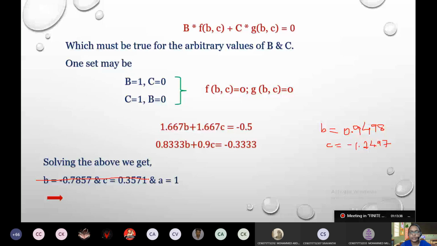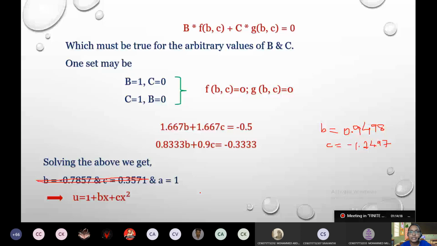I'll check with my solution later. Sorry about that, Uma Maheshwar. You have given the right answer maybe. My solution might have gone wrong. Now you have the values of B and C, and we already have the value of A. So we have the coefficients A, B, and C. This was the initial equation that we had. Substitute the values of B and C, and you will have a complete equation of U. We are asked to solve for U only. So U of 0 was already given in the question.